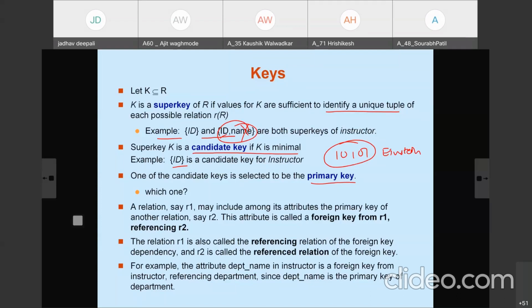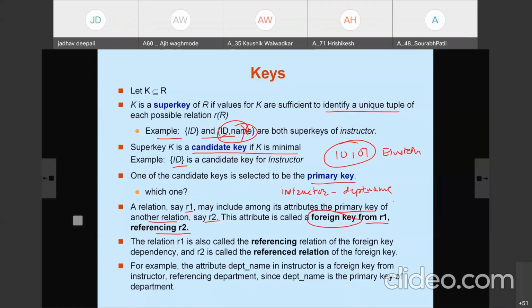Now, foreign key. A relation R1 may include among its attributes the primary key of another relation R2. Then this attribute becomes a foreign key for R1, referencing R2. So in our example, the instructor relation includes department name, which is the primary key of the department table.